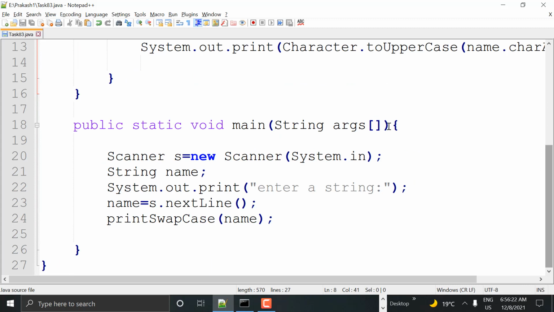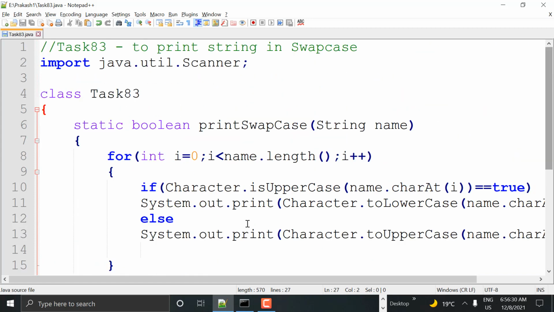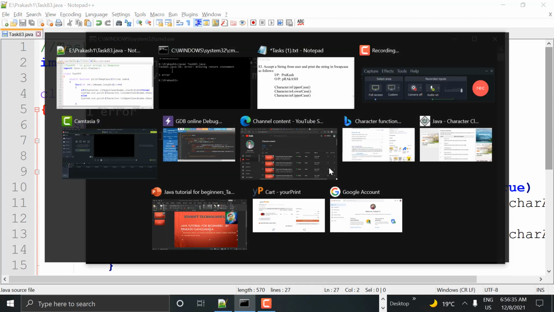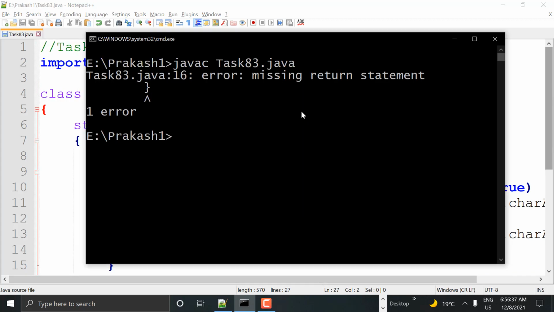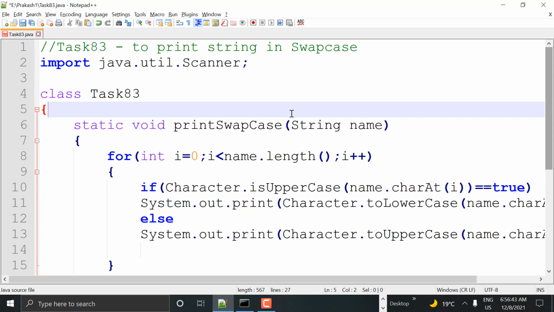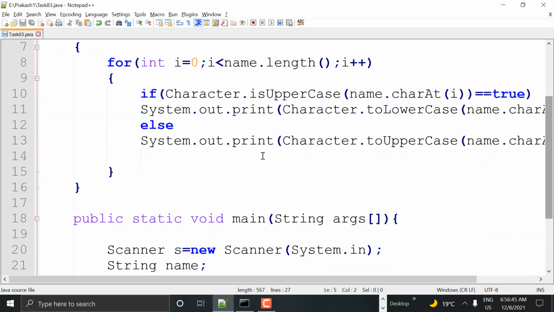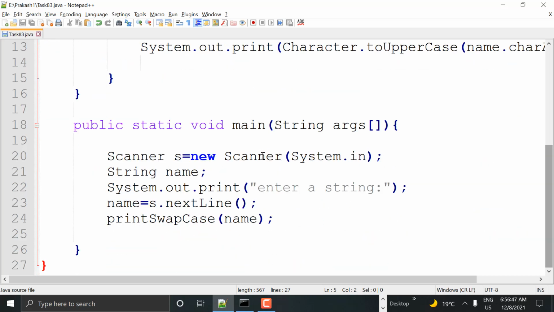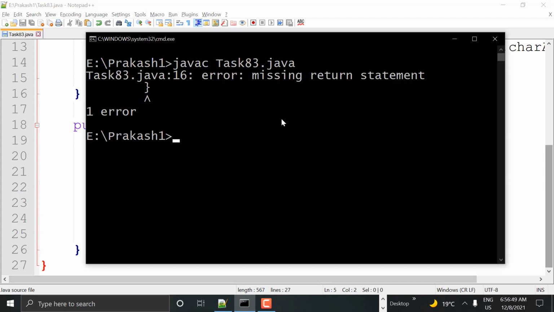Leave this open, close. Line number 16, missing return statement. Okay, I said boolean, right? Sorry, we have to say void, guys. We are not returning any value, we are just printing. So yeah, it's perfect. Now let's compile it.